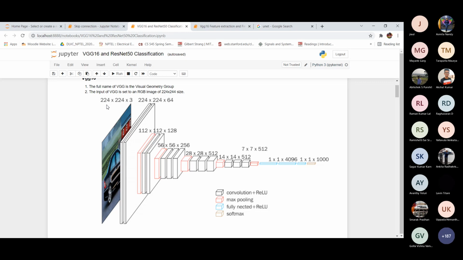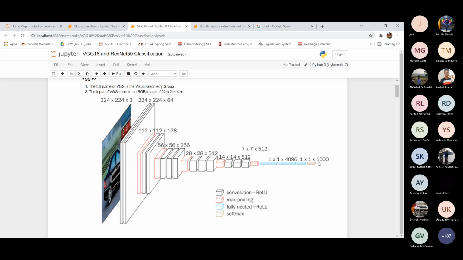Here I am using 64 by 64, so it will take less time to train. Going to the deeper layers, you can see all the convolution layers and ReLU, the red one is max pool, the fully connected layers are also here, and at the end we can see 1000 classes.